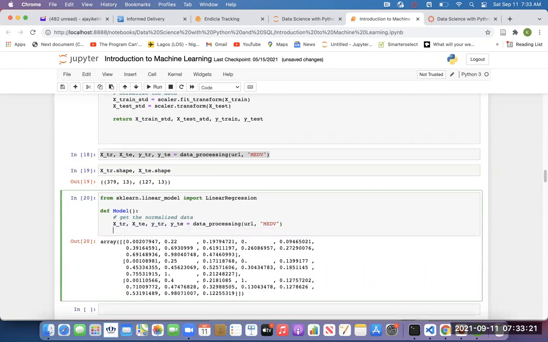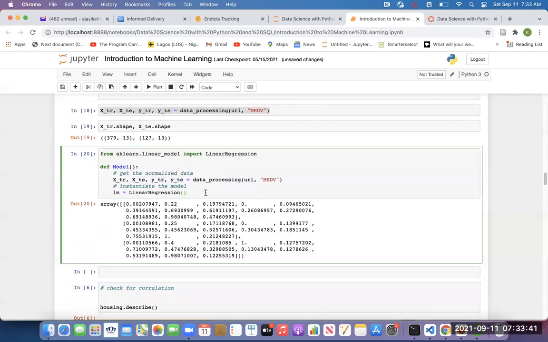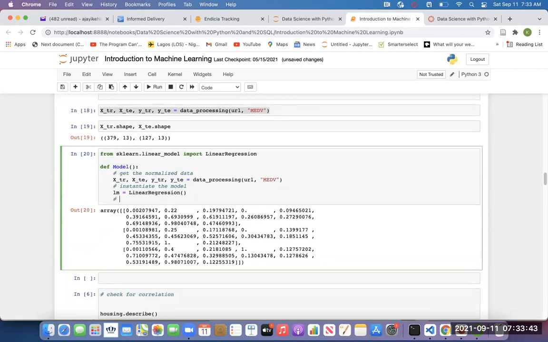After getting the data, let's instantiate the model. We have the linear model, which we can call LR or LM, whichever one. So I will instantiate my linear regression model. That's all. Then the only thing I need to do is to train the model.